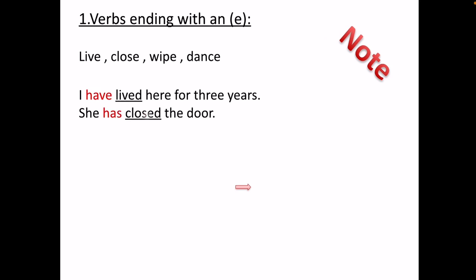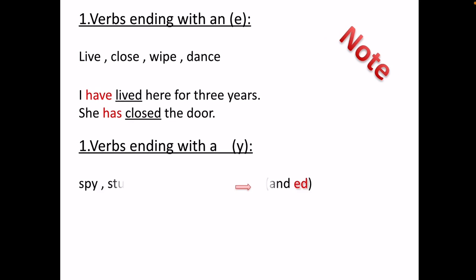She has closed the door. Now, lived, closed, I change them to the past participle by adding d to them. Another rule for that: we have verbs that end with y. Sometimes I have verbs that end with the letter y. So when I want to change it to the past participle, I change the y to i and then add